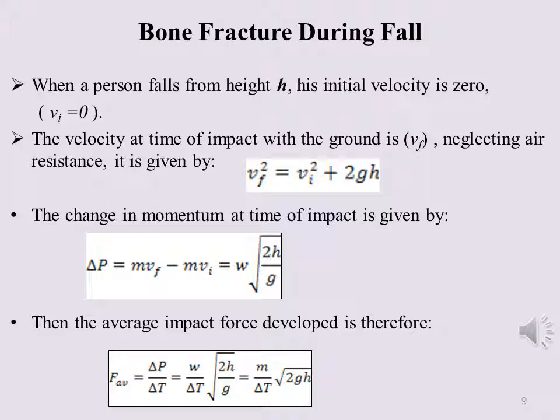Bone fracture during a fall. When a person falls from height h, his initial velocity is 0, v equals 0. The velocity at the time of impact with the ground, v final, neglecting air resistance, is given by the kinematic equations as follows. The change in momentum at the time of impact is given by the following equation. Then the average impact force developed is calculated as the ratio of delta p over delta t, and given as